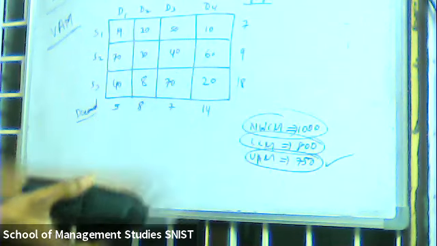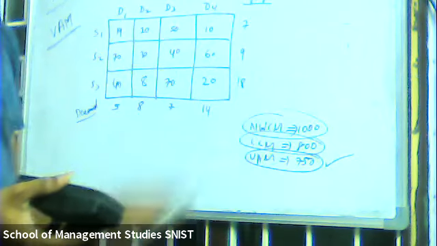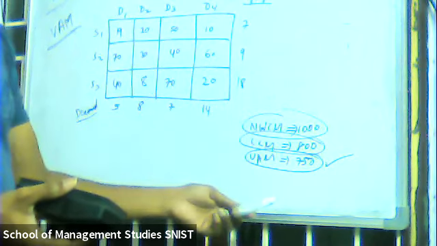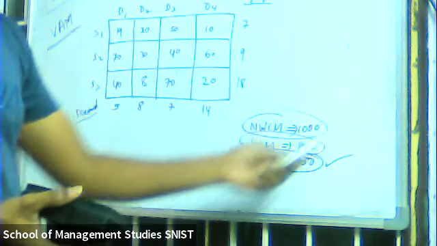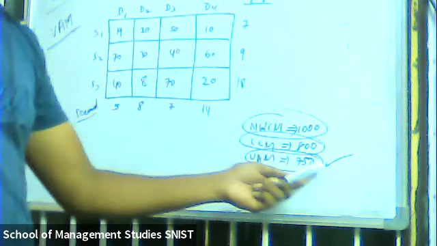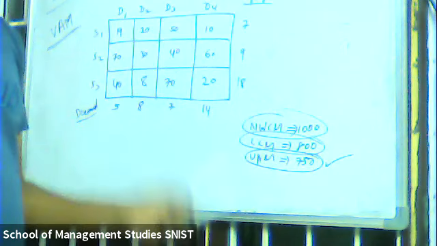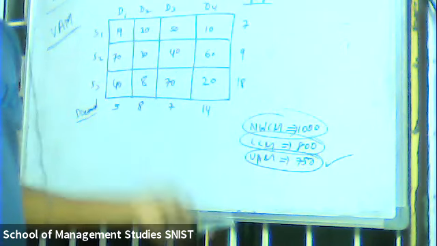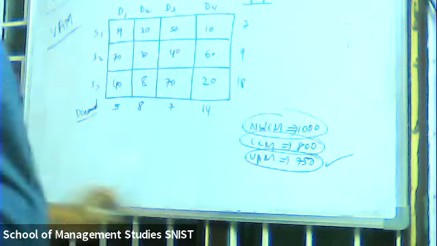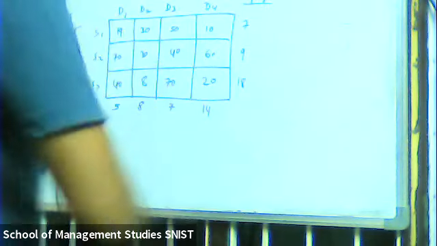Even if you go ahead with the northwest corner method, the transportation cost you are going to get is 1000. As per our example, which one is the best method here? If you apply northwest corner method, you get 1000. If you apply least cost method, you get 800. If you apply VAM method, you get 750. So always cost should be less. In an organization, when you are working, you always need to prefer the least one to reduce the cost. Okay, clear? Is it clear?